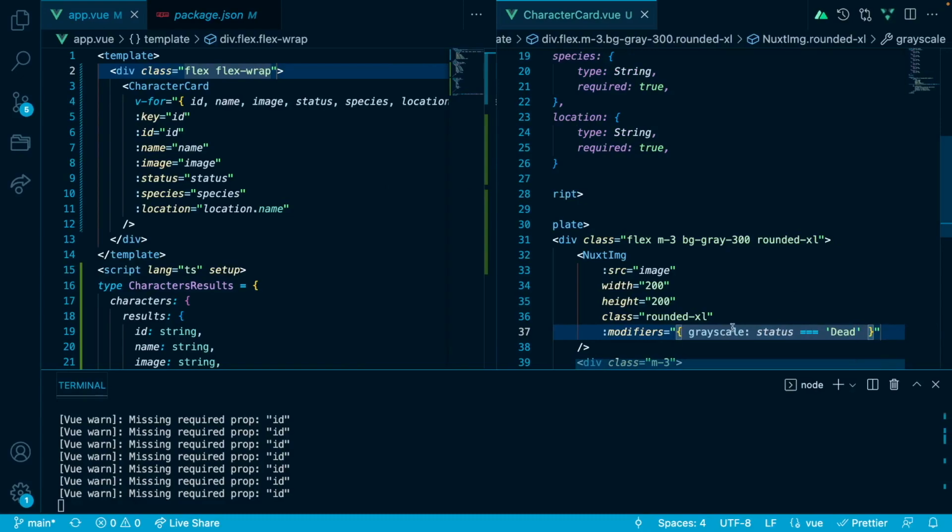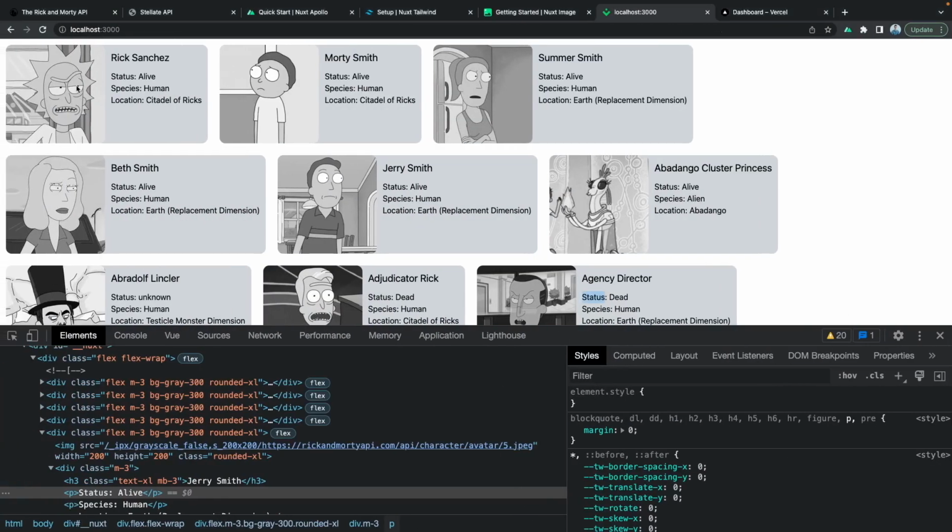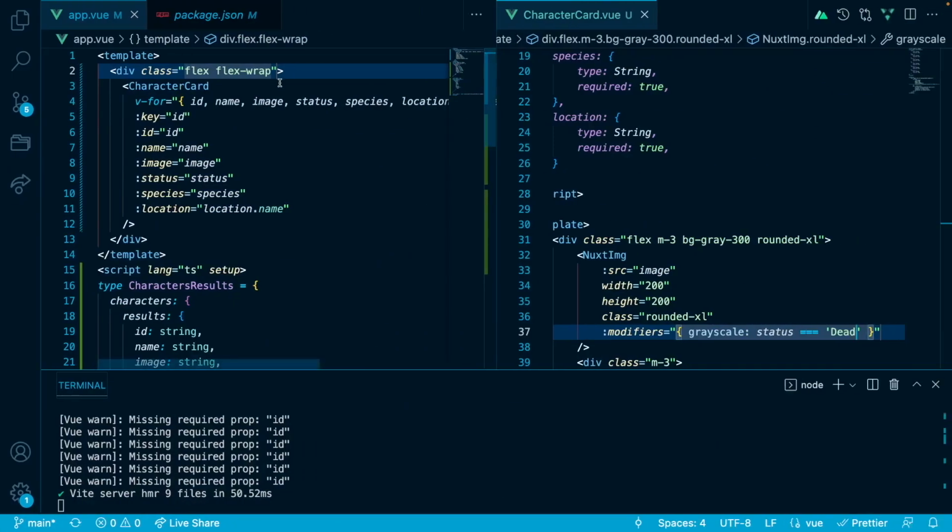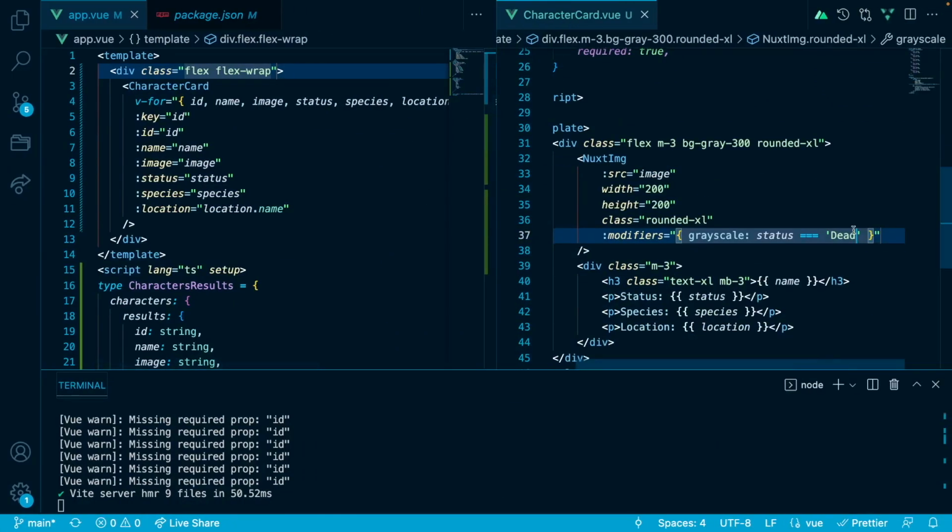Okay. For some reason, all the images are grayscaled